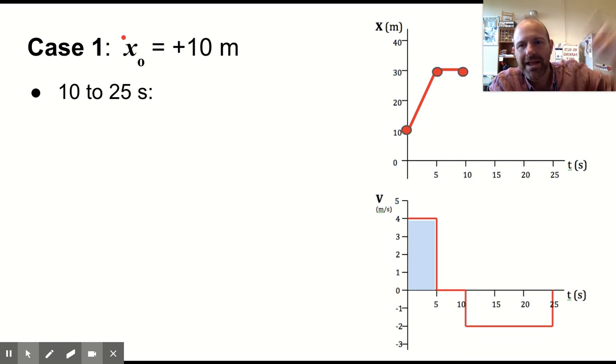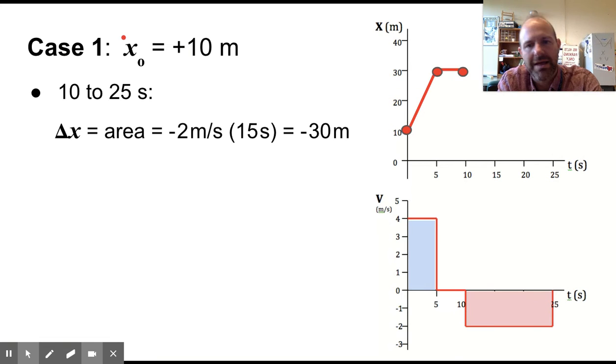Then from 10 to 25 seconds, we have a negative velocity, which means we're going to be heading in the opposite direction. And that area under the curve, you might say, oh, it doesn't really seem like it's under the curve. But remember, this is between the curve and the line. This is in the negative part of the graph. And so if we think of this mathematically, it has a height of negative 2 meters per second and a width of 15 seconds for negative 30 meters of displacement, which means if we started at 30,